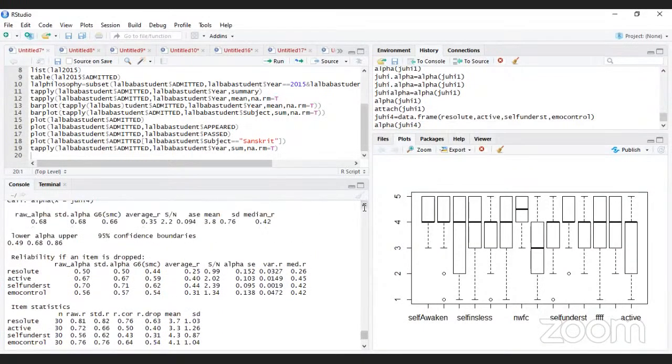So that is the beauty. Now you find that is your standardized alpha 0.68. So earlier it was 0.54. Okay. Now it becomes 0.68. So if I am interested to increase the number of items,